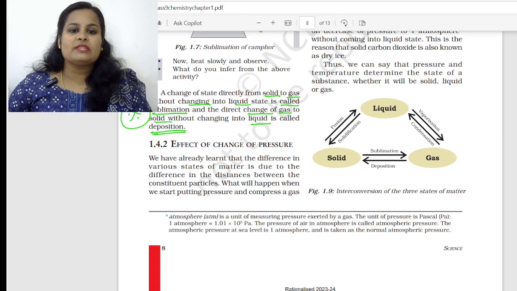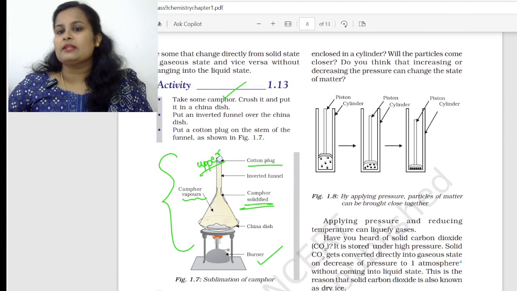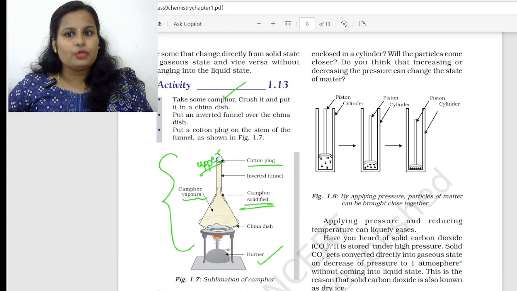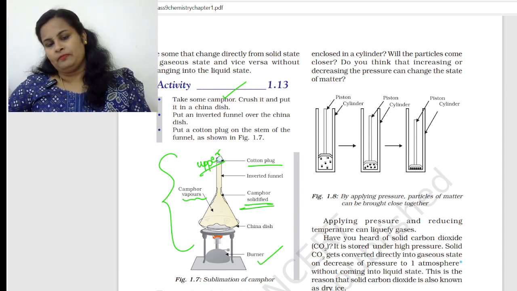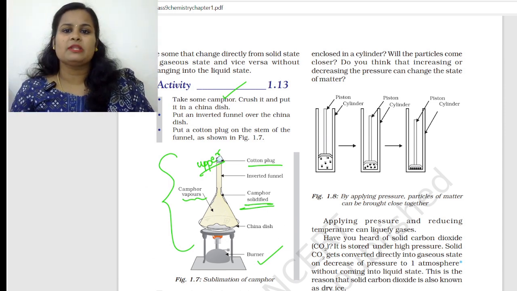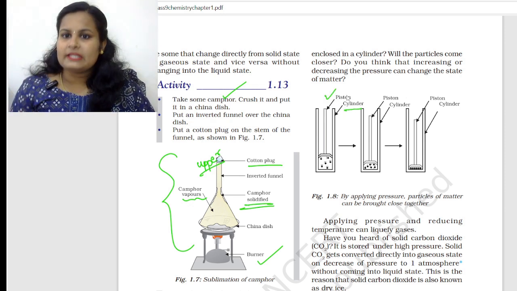What will happen when we start putting pressure and compress a gas enclosed in a cylinder? Will the particles come closer? Do you think that increasing or decreasing the pressure can change the state of matter? Yes. So they've given a simple experiment. They've taken a piston over here, a cylinder. By applying pressure,